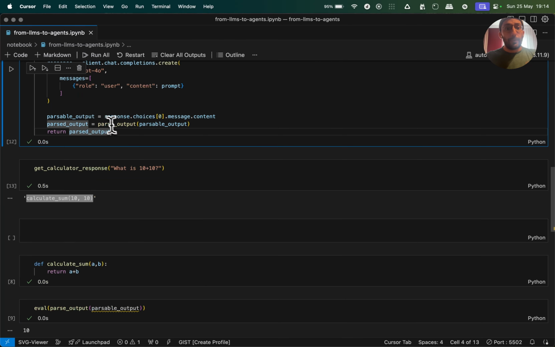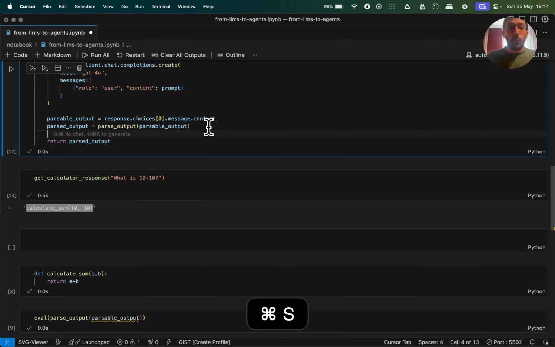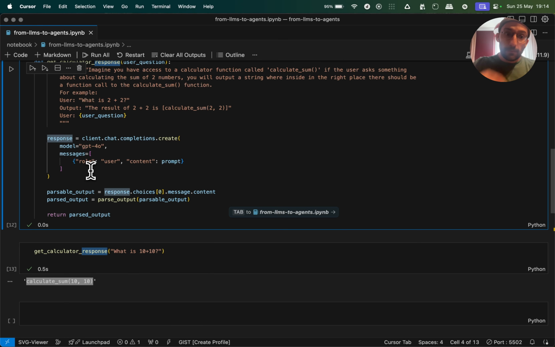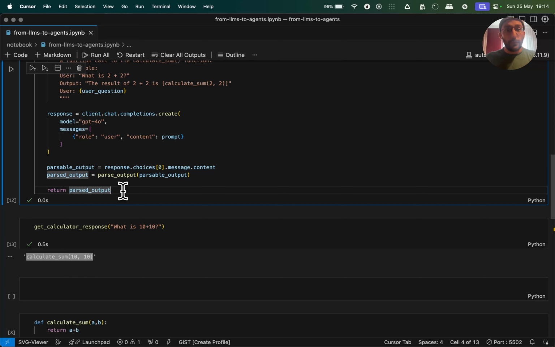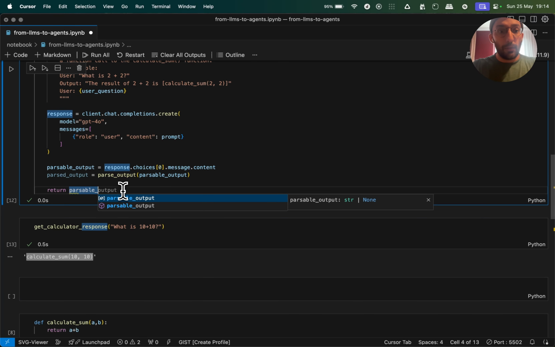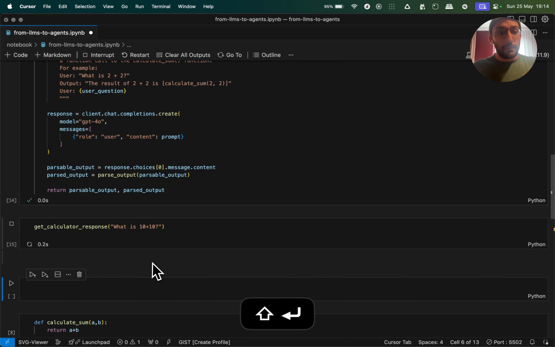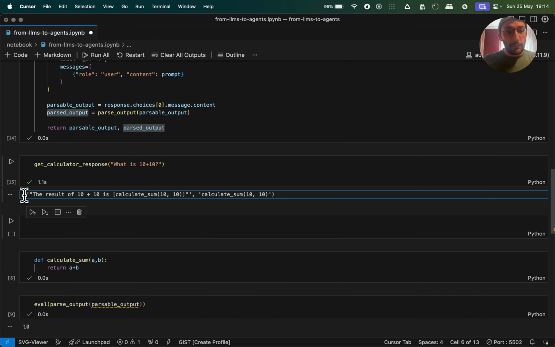We're gonna replace whatever comes out of that model with this parsed output. Okay? So we could do this in two function calls, or we could just take the response and replace that information from the model into that output. So what I mean by that is I can return parsable output and the parsed output. Imagine this. And now when we get a result, we get this is the thing and this is the parsed